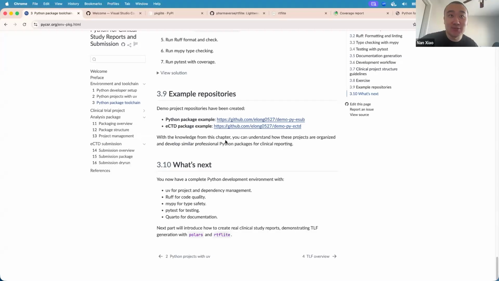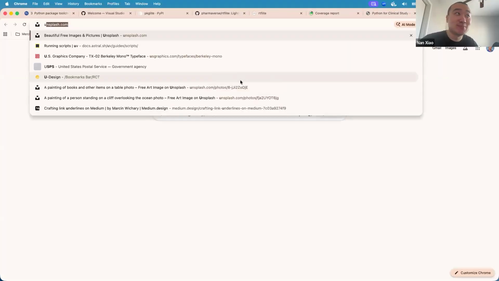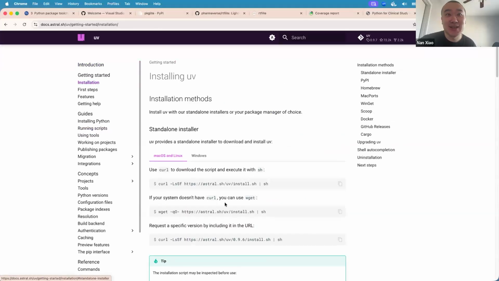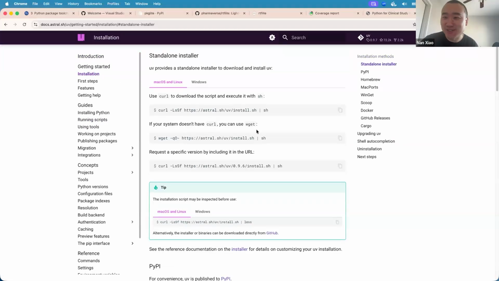So if you want to install UV, you should go to the UV website and see how to install that, right? And everything is separated. They're not very coupled together, right? So you can install Positron, install UV separately, and run UV commands to manage your Python project, right?